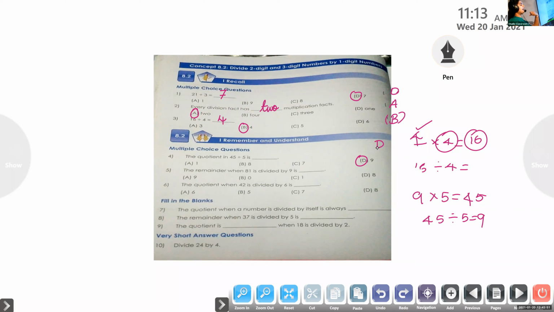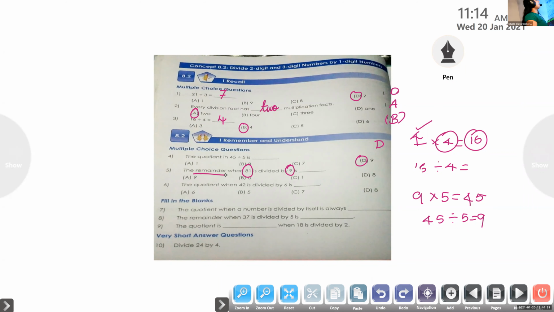When you get a question like this, first you check whether the dividend is coming in the table of the divisor. Here the dividend is 81 and the divisor is 9. You have to check whether 81 is coming in the table of 9. Wait, my dear. See the question. Remainder, not quotient they ask. So if the dividend is coming in the table of the divisor, you can say without dividing that the remainder will be 0. Otherwise, you have to divide and check.